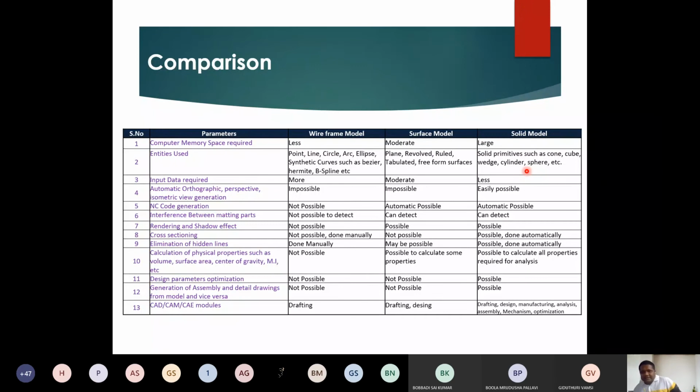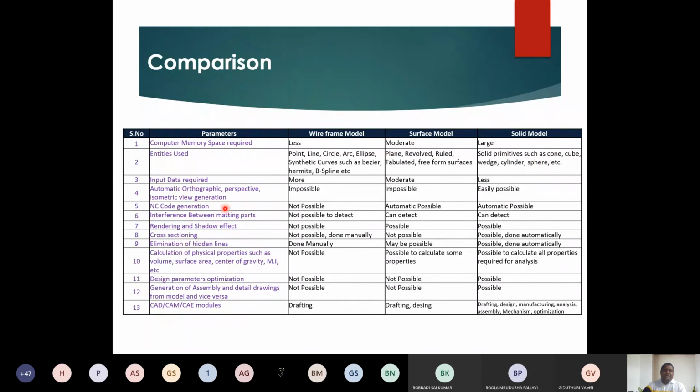I don't need to generate all the circles and then edges; all that data is not required. And in case of a solid model, it can really treat it like a real solid also. Automatic orthographic, perspective, isometric view generation: orthographic you can generate automatically. I showed you in the previous picture, right? So it is totally impossible in the first two cases, whereas it is possible only if you use a solid